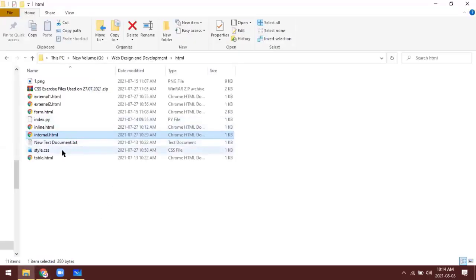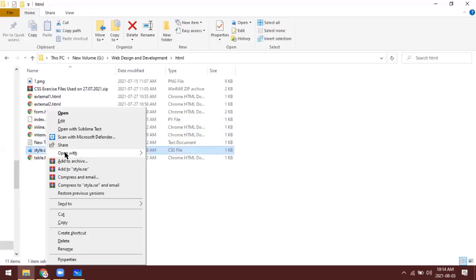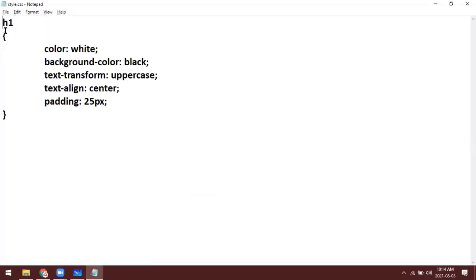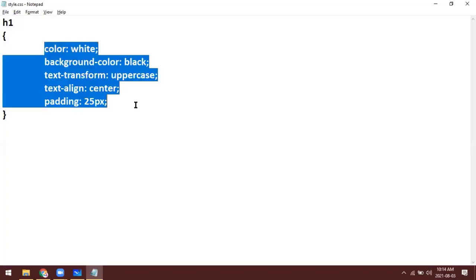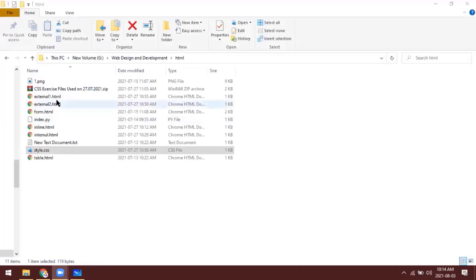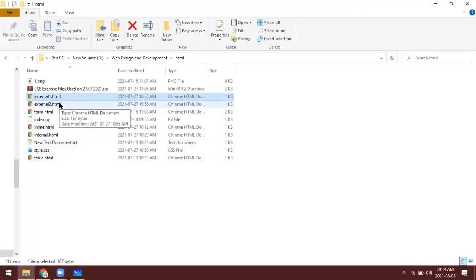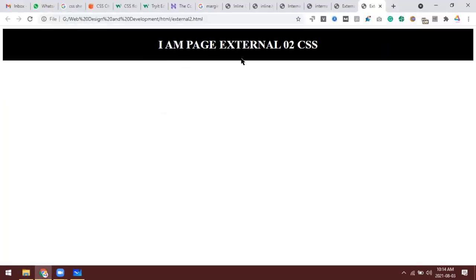And then we created one external style sheet, with the file name style.css, and for the h1 tag, we have applied these CSS styles, and then we open this file, external1.html and also external2.html.